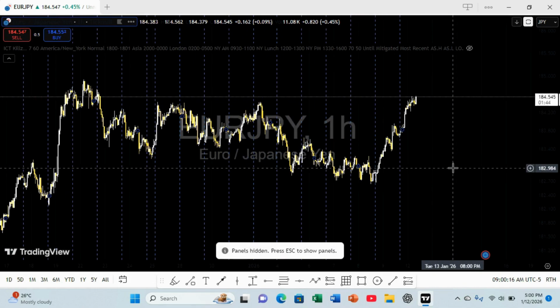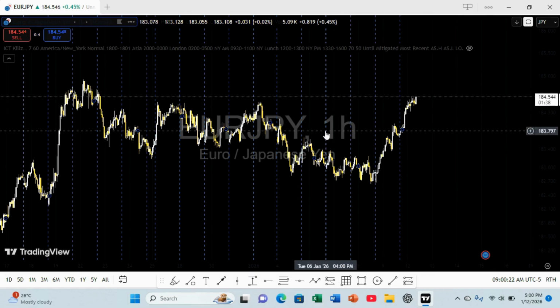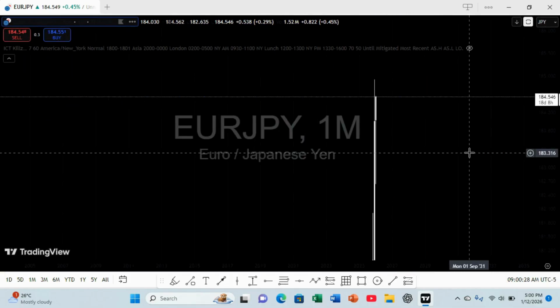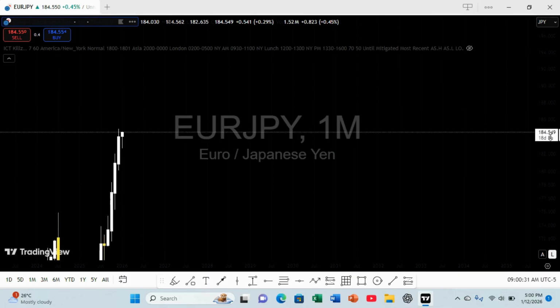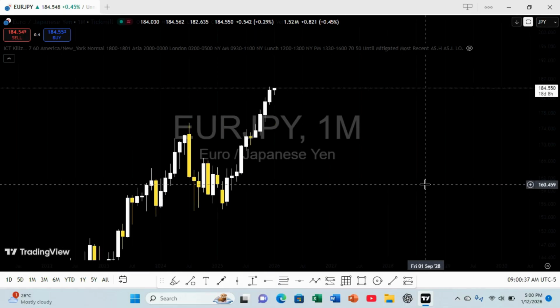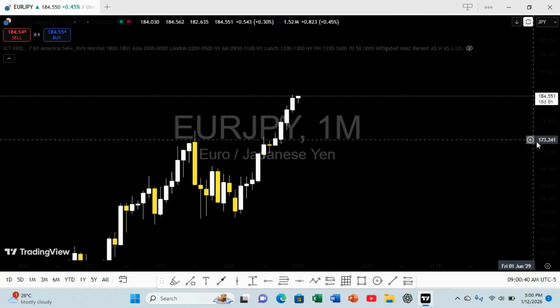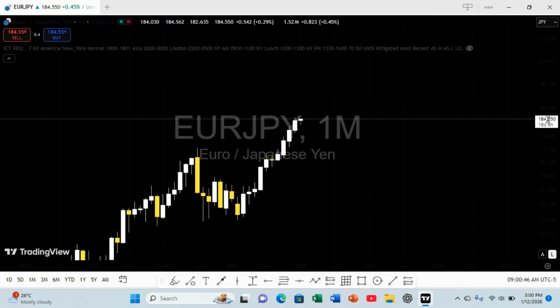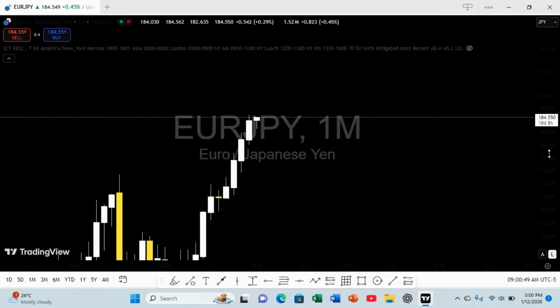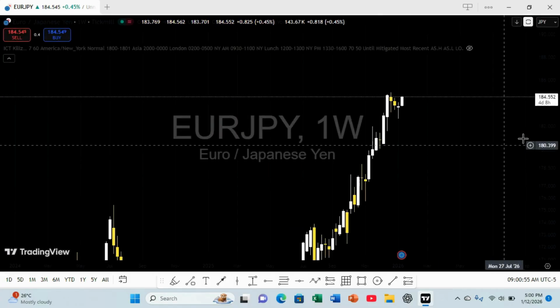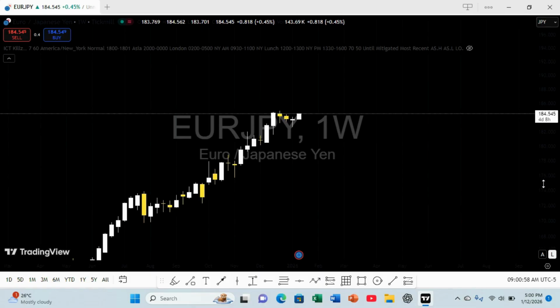I told you we always start with the monthly analysis, the monthly chart. Let's see what it's showing us. The monthly chart shows that we are overall bullish. So if we are overall bullish, that means every single trade we are going to look for is going to be a bullish move. So what do we depend on when we are in a bullish trending market?